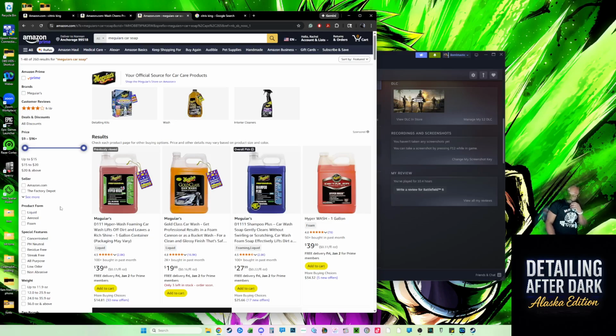Then from there, clay bar it while it's wet. Then once clay's done, tape off and seal. Then from there, once taped and sealed, you just put your ceramic coating down. Each provider is different. There's some I've used that are 10 minutes. Others I use that are 5. This is my longest standing